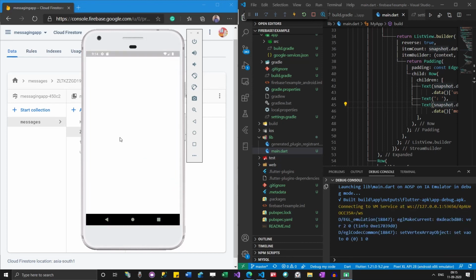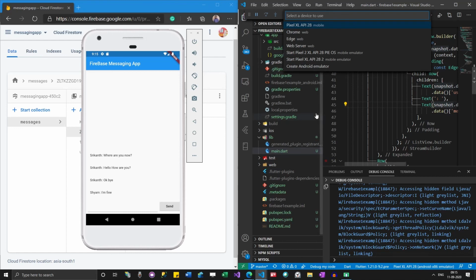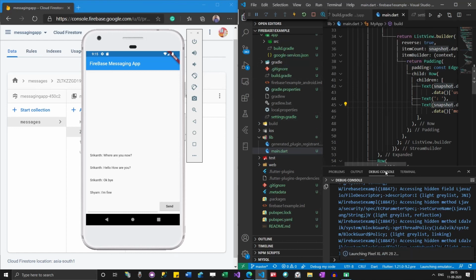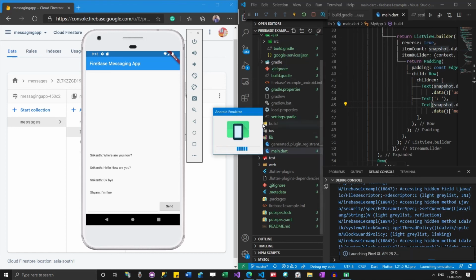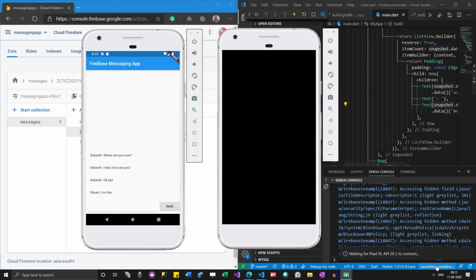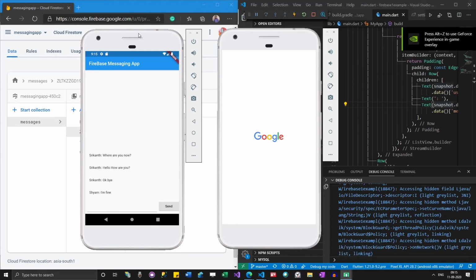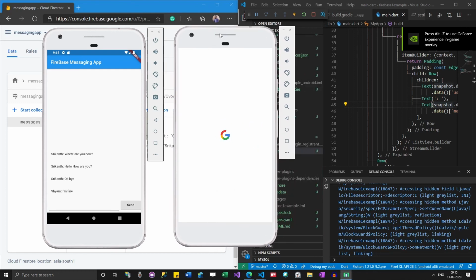Now the APK is loaded here. Now I will open another emulator. See, I have two emulators here. I have multiple emulators, but these are two different ones; I am not opening the same emulator.